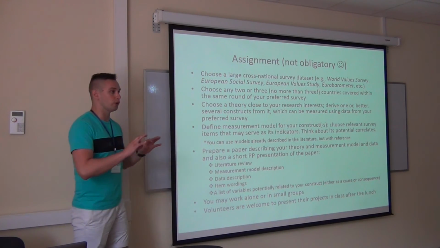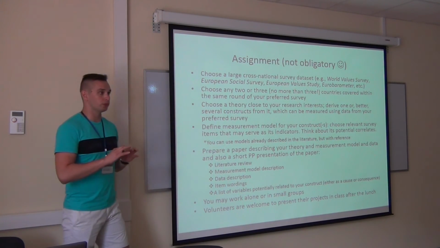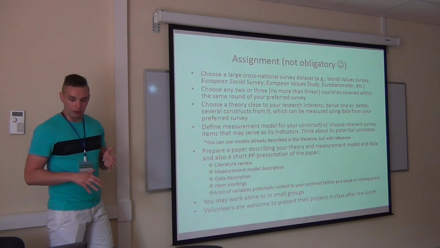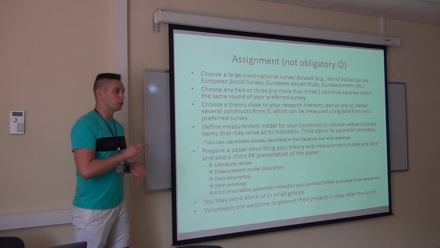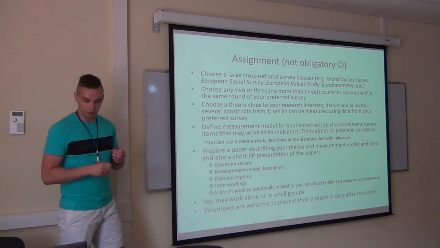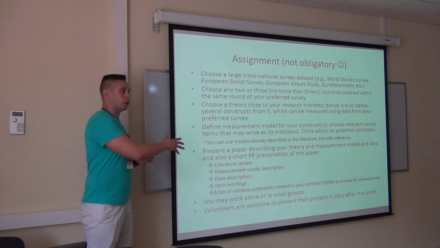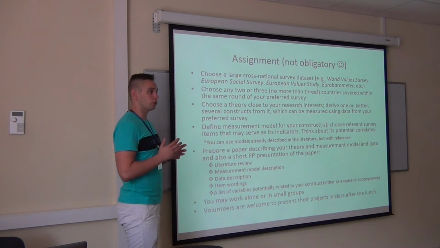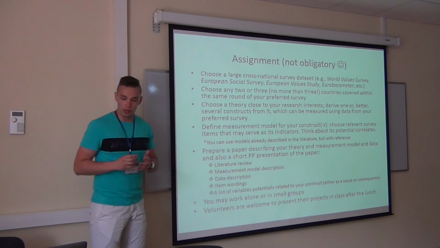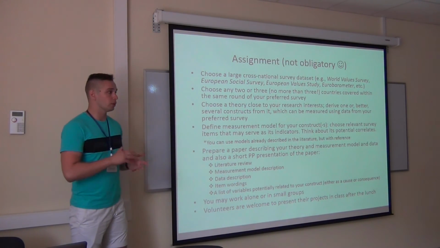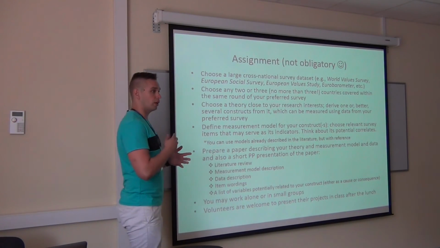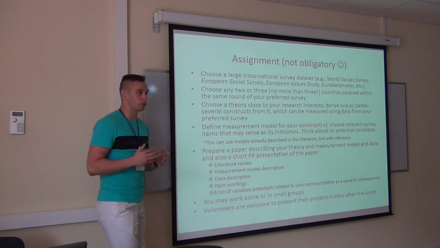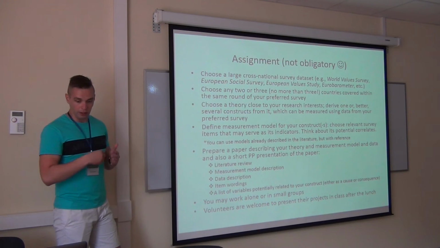First, some very, very short literature review, the basis for your model. Then the description of measurement model, that is latent variables that are included in the model, and items which are used to measure these latent variables. Then simple data description, the data set, and the countries that you have chosen. Item wordings, and